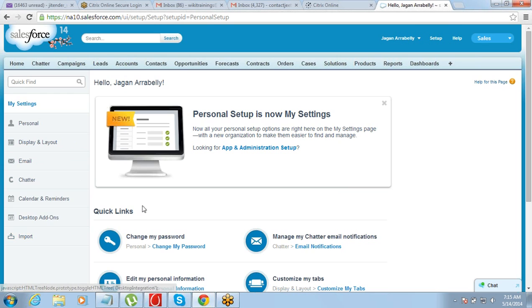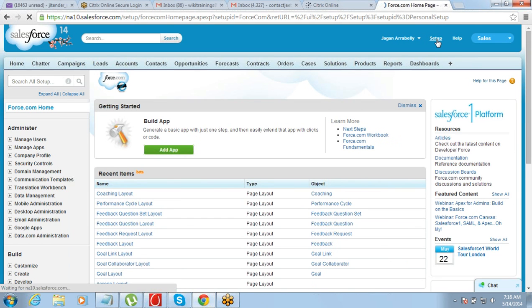In case you want to do any sort of setup, the setup menu includes everything which can be done on this, right? Starting from putting the data into the system, to customizing it, to building new things on it. Everything comes under setup. Automation. Whatever you have to do, you do it through setup. So this is the menu, right?